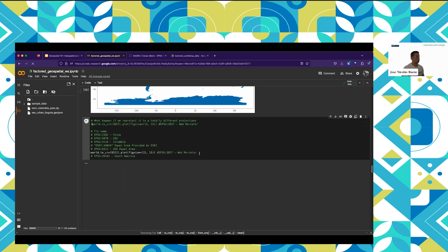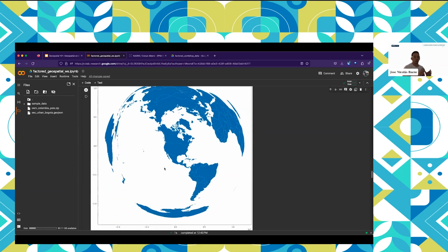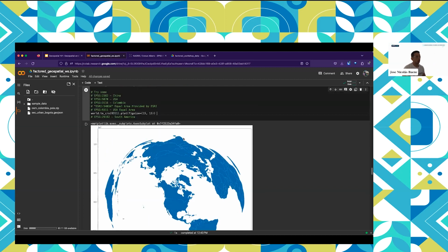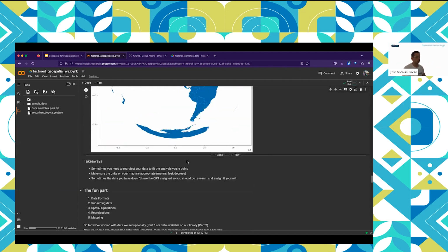If I plot this, this is a CRS for the United States. And it's an equal area projection. It's usually used for atlases. So that's why you get the United States in the center and then everything shaped around. But I think this looks very cool. But I think this is the point I wanted to get to. If you start projecting the data, then everything starts to get a little bit shifted.